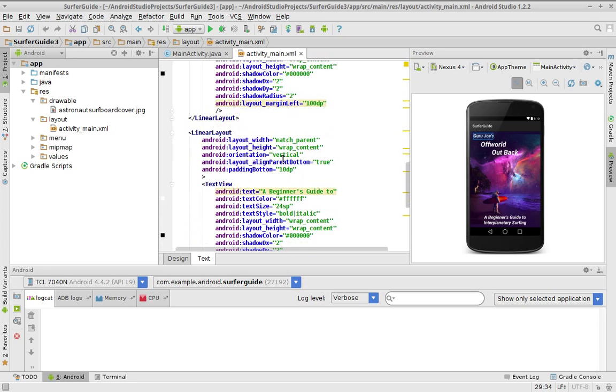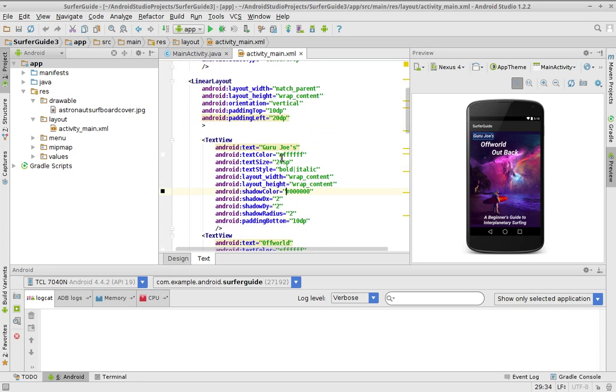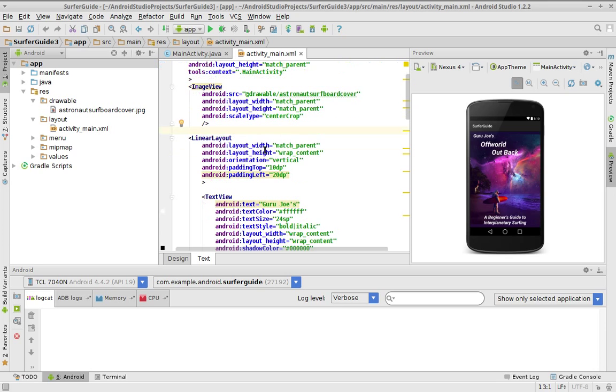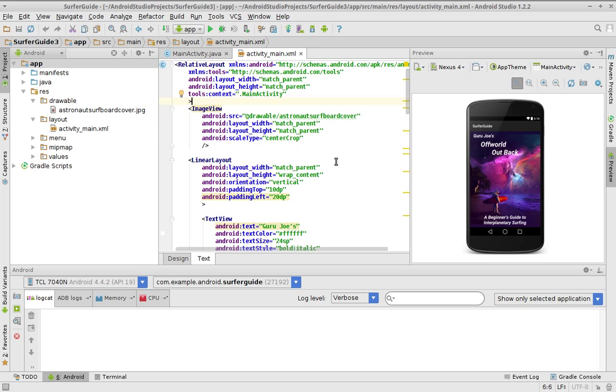Yeah, I guess there's not much else to say. Oh, wait a minute. Yeah, there is. I forgot to mention how I did this. Naturally, I put the image view first because, per the tutorial, everything pretty much gets displayed in the order it's put in the code. So if I put the image view in last, it's going to cover the text. It's going to sit on top of the text. So I went ahead and put that in first. And